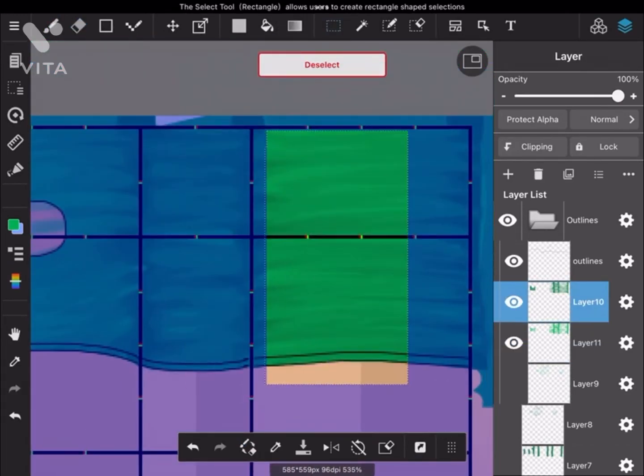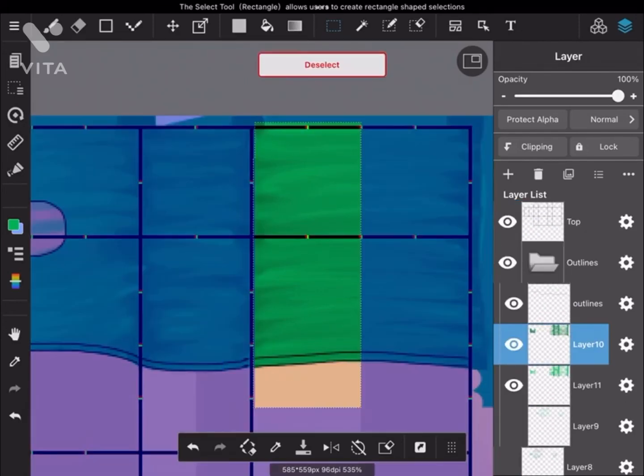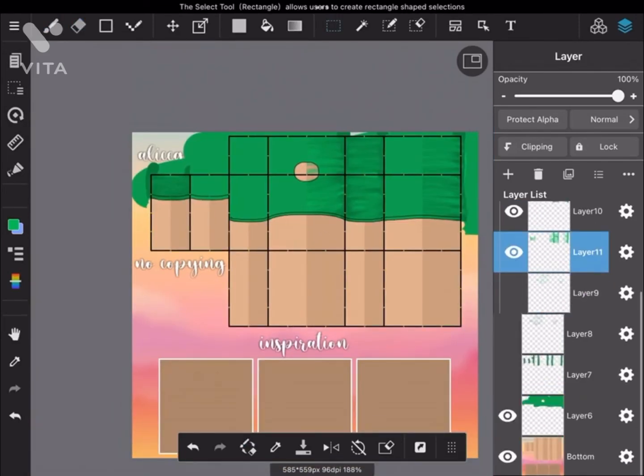Please keep in mind you can shade however you want. These are just methods that I personally know. If you'd prefer another method, please do your own method. Alright,